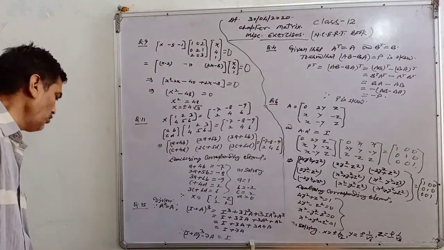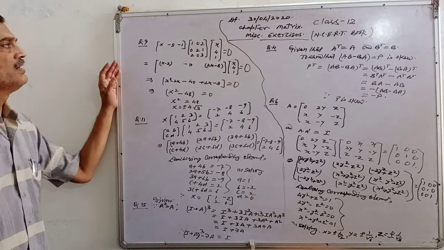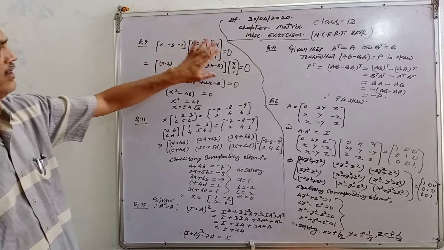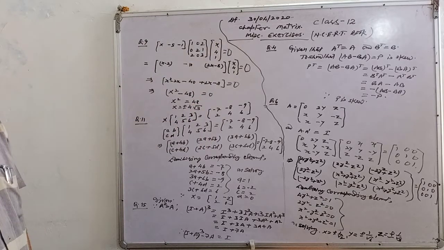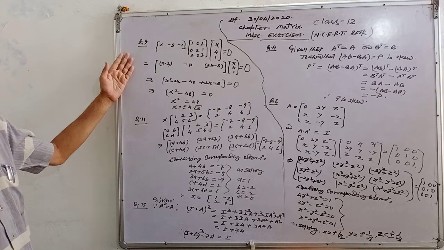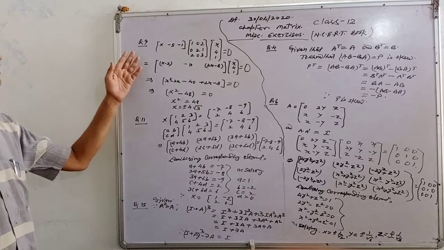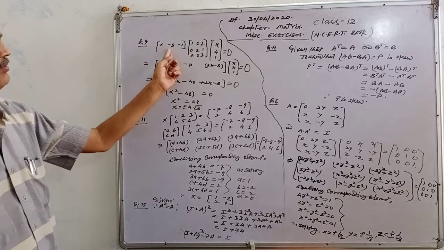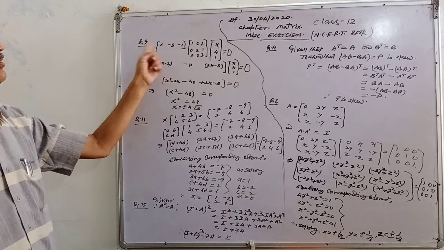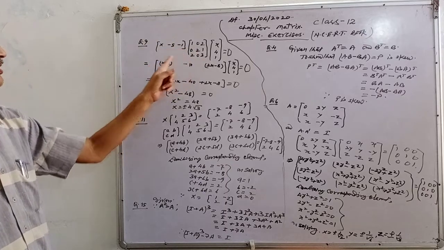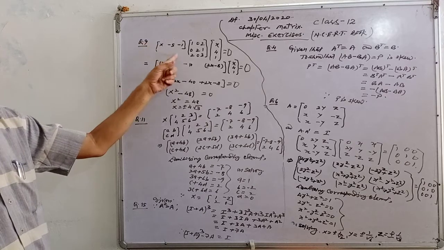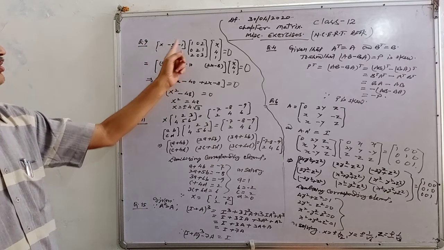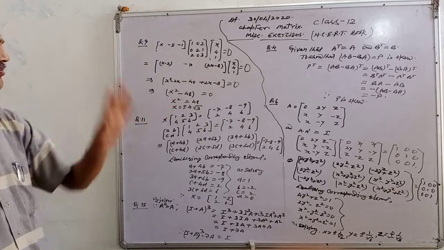Now see question number 9. The product of three matrices is given here and their product is 0. Then what is the value of x? Here you will determine the value of x. So first find the product of this and this. Multiplying row into column, first row into first column gives one element, first row with second column gives the next element, and the third element of the first row similarly.